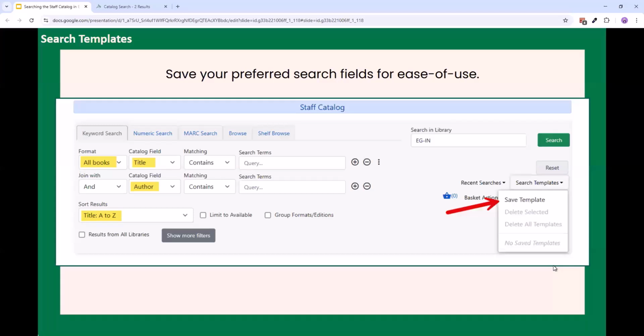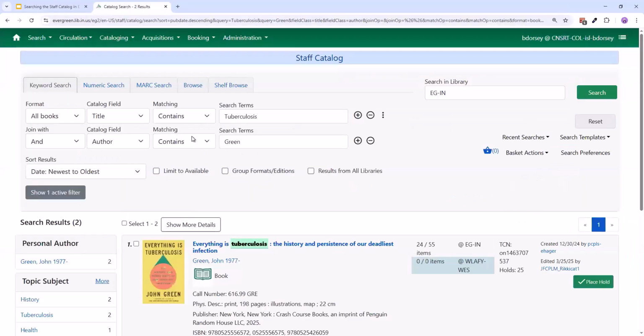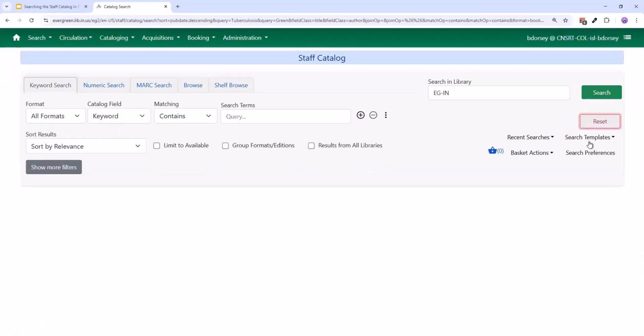Search templates can be pretty useful if you remember they are there. Again, it's another thing that I always forget is there, but it might be more useful for someone who actually works with patrons directly. What a search template does is allow you to save your preferred search fields for ease of use. So instead of going back and selecting all of this information every time, let's just create